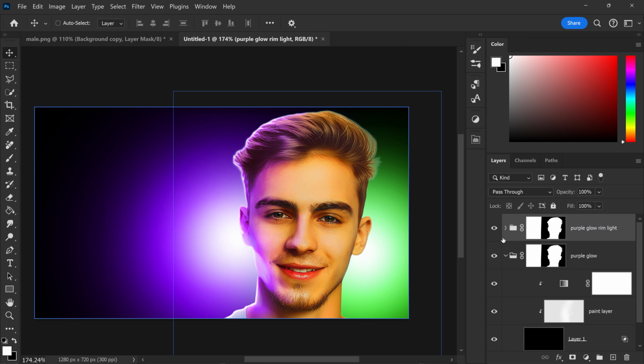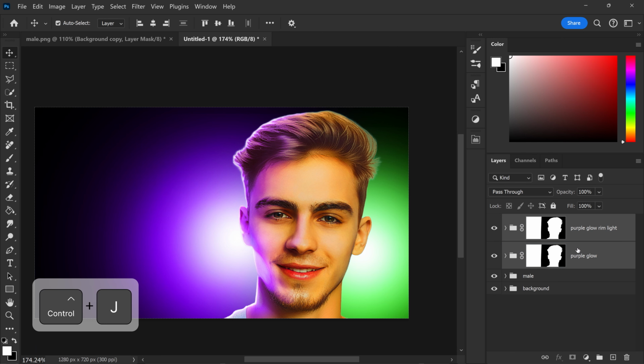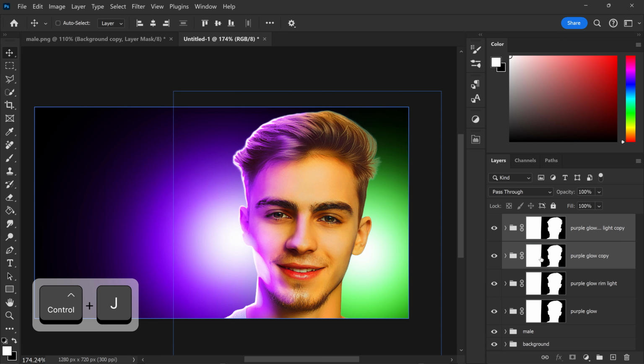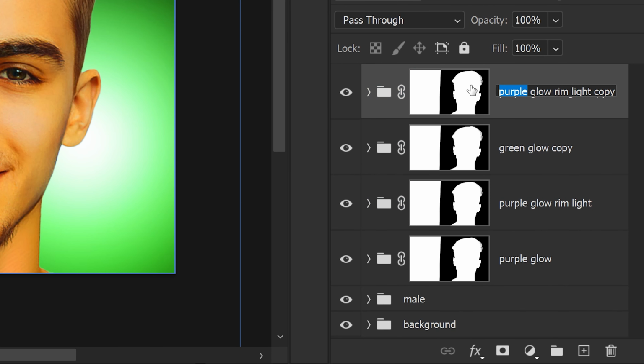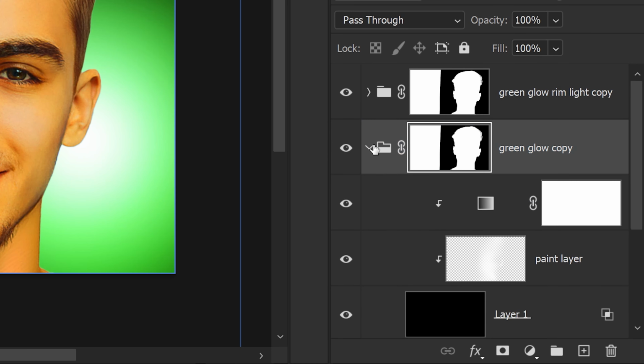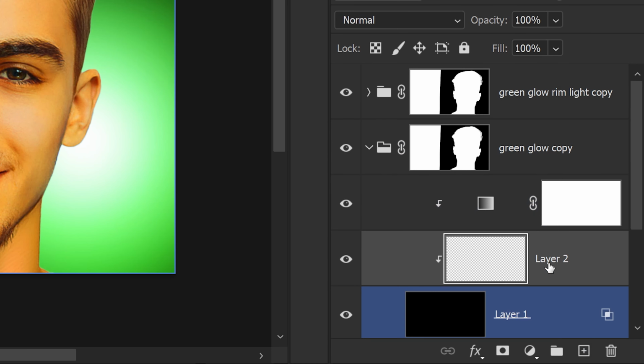So by collapsing this layer right here, we can select them both and duplicate this layer. Once you've duplicated both of your folders, we're just going to rename it to green. And you also want to open this up and delete this layer. Get yourself a new one, call this one paint layer,